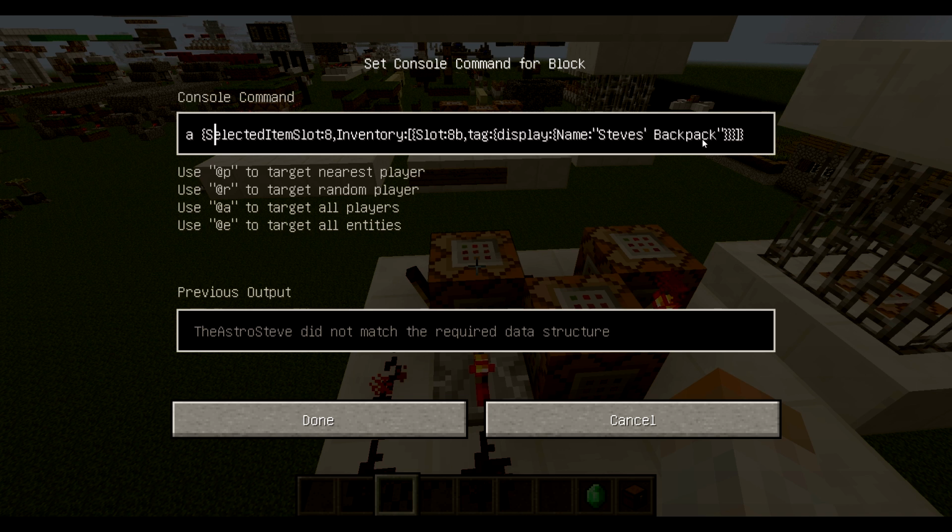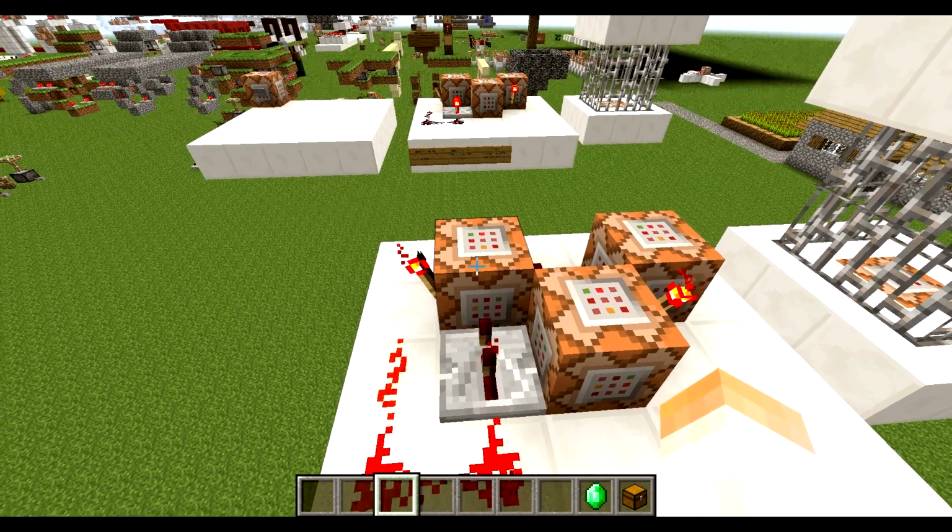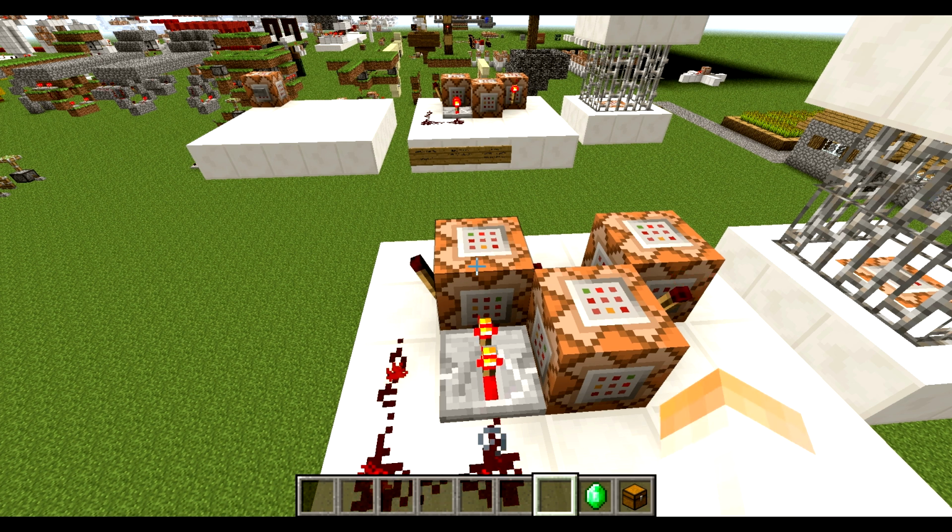Also, useful to note that selected item slot 8 is the 9th slot on your hotbar, because the first slot is 0. It goes 0, 1, 2, 3 and so on. So slot 8 is the 9th slot. I know that doesn't make a great deal of sense, but...